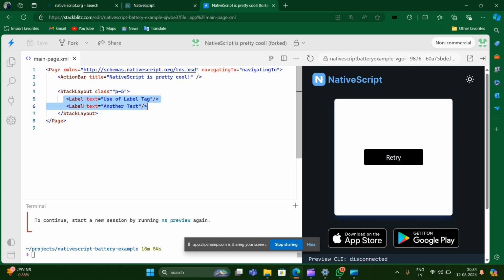In the previous video I have shown you that both the label tags were appearing in the form of a column. The first one at the top and the second one below that. This is in the form of a column, meaning one was first and the second one was second. And if you want both the labels to appear in the form of a row, meaning that would be one row, let me give you an example.